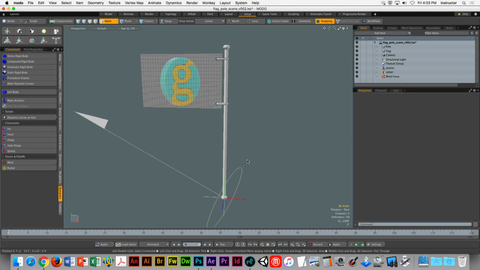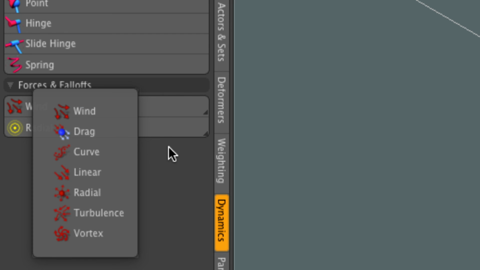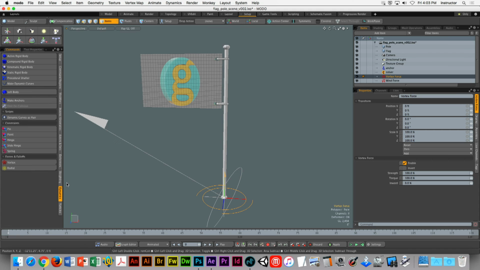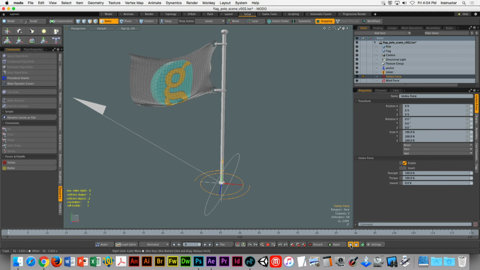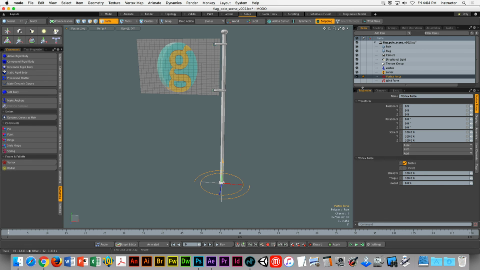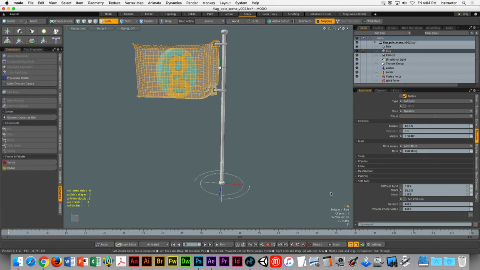Oh, one other thing before I walk away from the flag. You can add some really neat things in here, like turbulence or a vortex. Let's do a vortex. So now we got wind and a vortex in here. Let's see what we get. Yeah, that's cool. Let's turn off our wind force, and I want to turn off the self collisions on the flag just to give us a little bit more